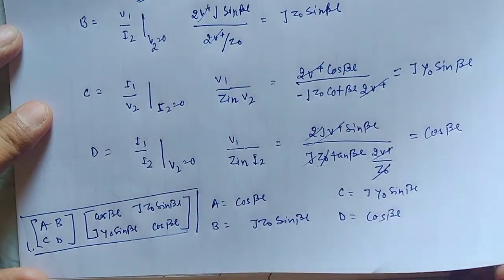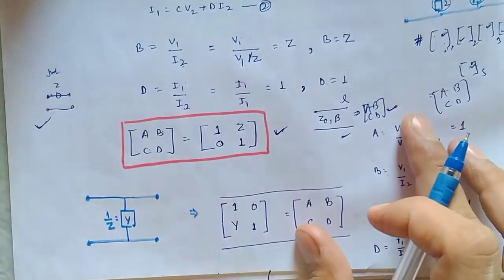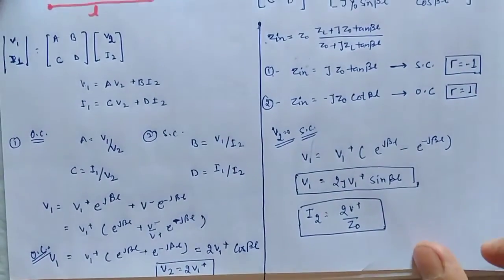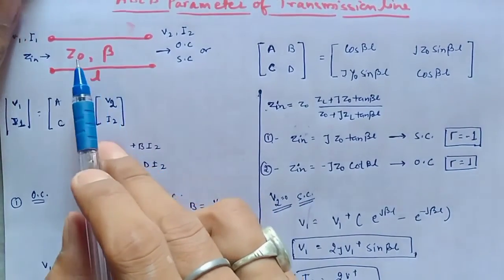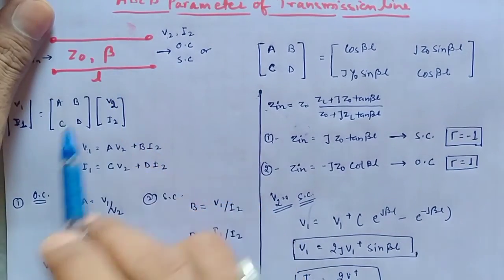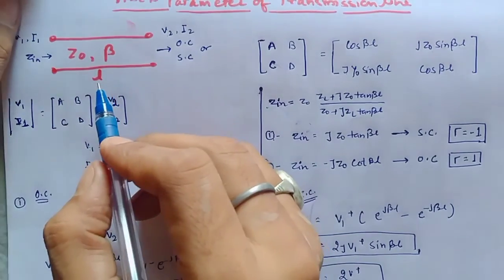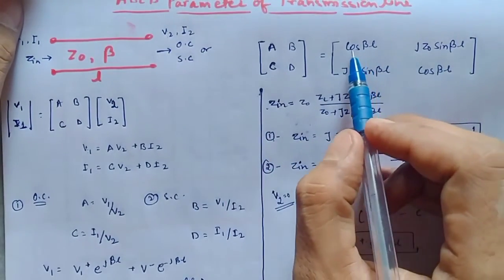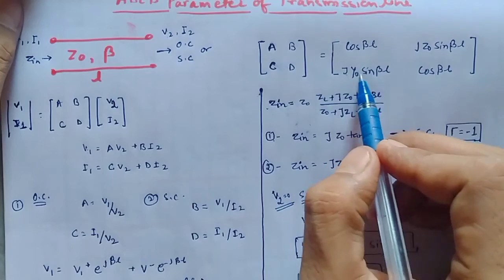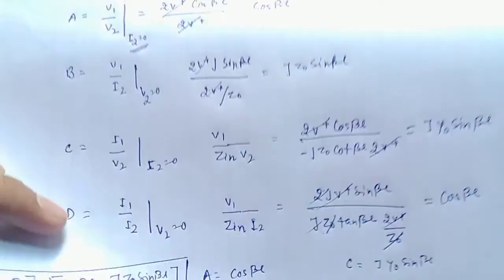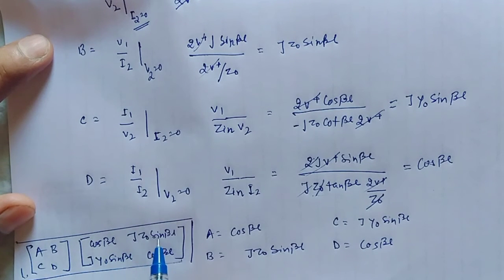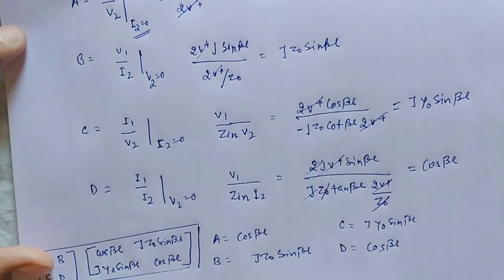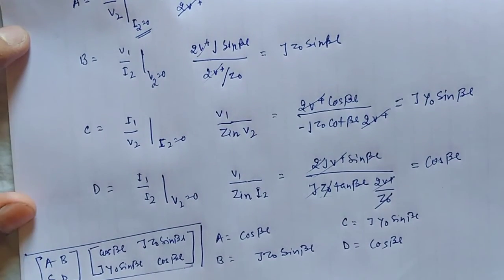If you see, in the beginning itself, as I have derived, the expression for the transmission line ABCD: if a lossless transmission line is given with Z0 characteristic impedance, β as the propagation constant and length L, then the ABCD matrix will be given as cos βL, jZ0 sin βL, jY0 sin βL and cos βL. The same thing we have derived, and we got the ABCD matrix cos βL, jZ0 sin βL, jY0 sin βL and cos βL. So this was the lossless transmission line ABCD matrix.